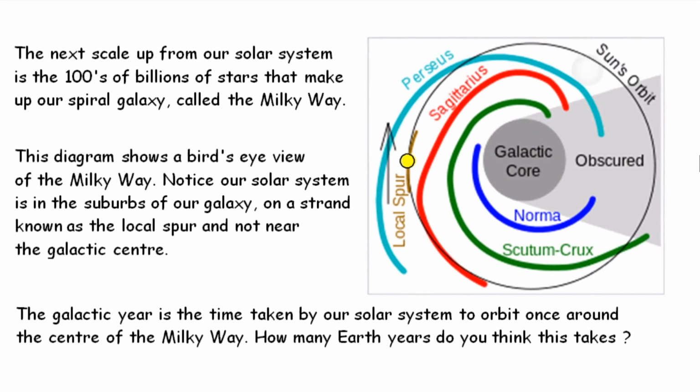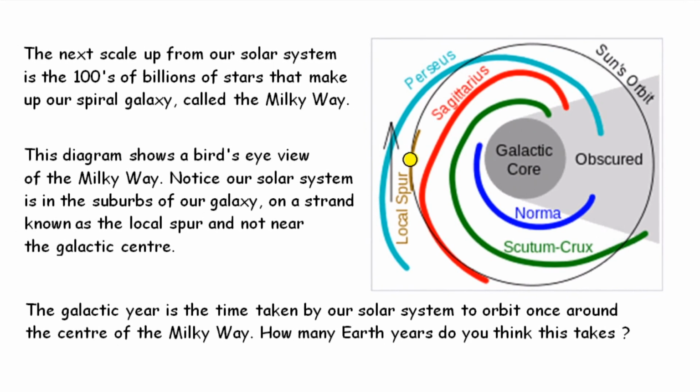This diagram shows a bird's eye view, or looking from, I don't know, a bird flying out in space, looking from millions of miles away back at the galaxy. Notice our solar system is in the suburbs of our galaxy. Now, if the galactic core is the city centre,